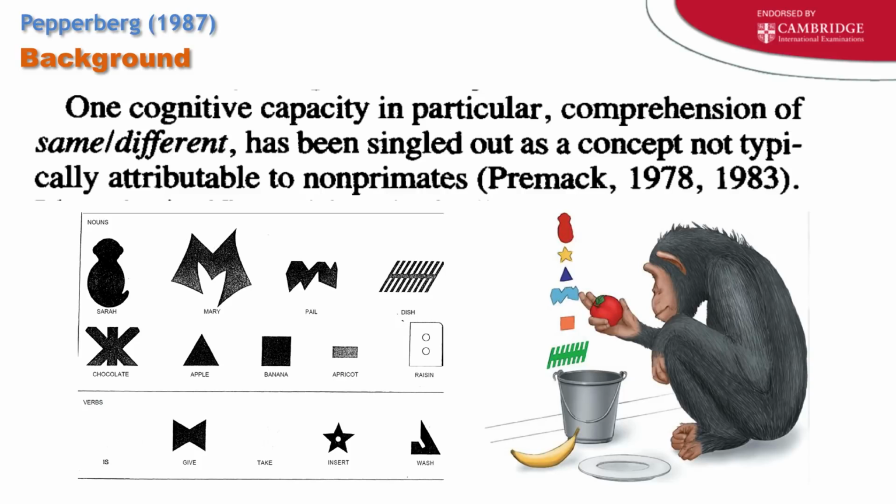So previous studies have shown that primates, which are animals that are very similar to ourselves, are capable of having some sort of symbolic language. And here is a good example. David Premack and several other famous researchers did a lot of research on primates to show that they could indeed grasp language. So this example here, here's the key on the left side. They're very abstract. Maybe the first one isn't, because the first image looks like a monkey, but the other ones don't resemble their meaning. So I believe this one says, Sarah, insert the apple into the bucket and place the